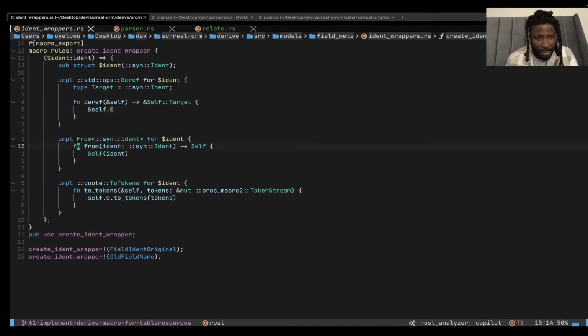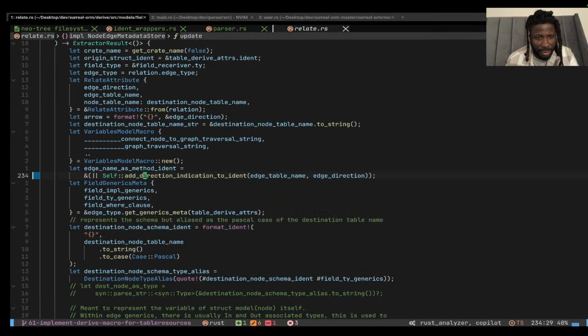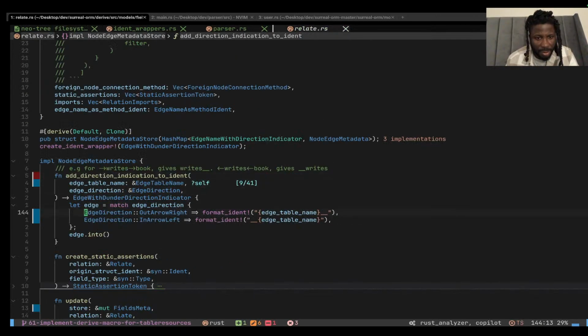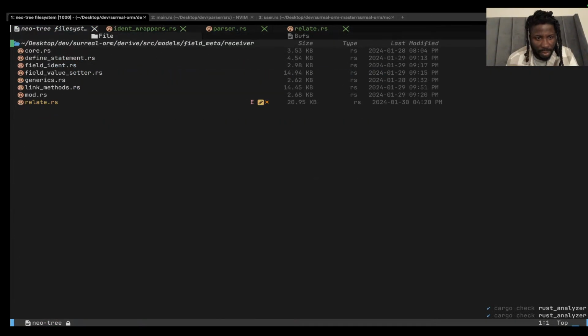It doesn't implement Display, but it does implement the ref to ident, which implements the string. So we could come back to that. That's just to be sure we can do table name to string since it implements the ref. Anyway,